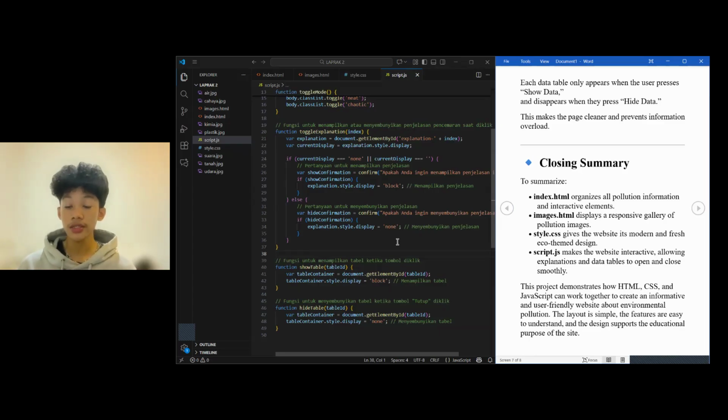This project demonstrates how HTML, CSS, and JavaScript can work together to create an informative and user-friendly website about environmental pollution. The layout is simple, the features are easy to understand, and the design supports the educational purpose of the site.